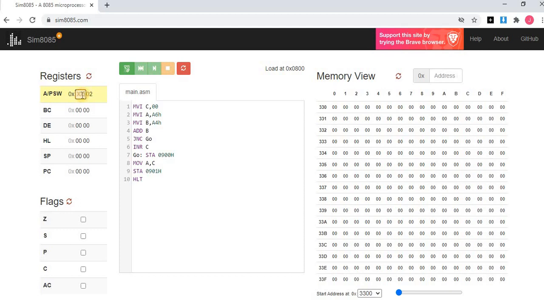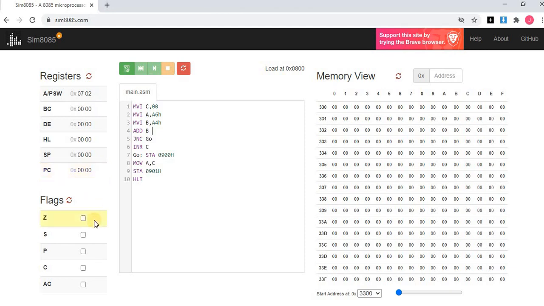So 07, 05 or 07, whatever it may be. Similarly for the BC register pair, DE and HL register pairs. These are all editable registers, and the stack pointer and program counter are not editable. You know the 8085 microprocessor architecture, so just recollect the concepts. What are all the registers available, and what are all the registers the user can access?